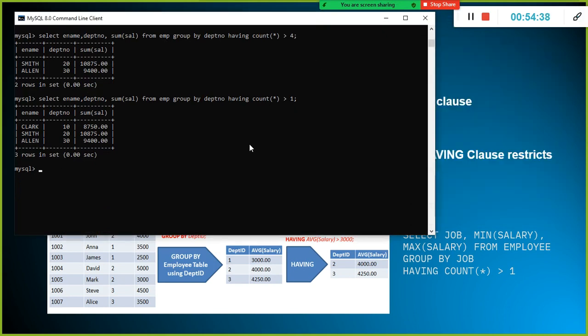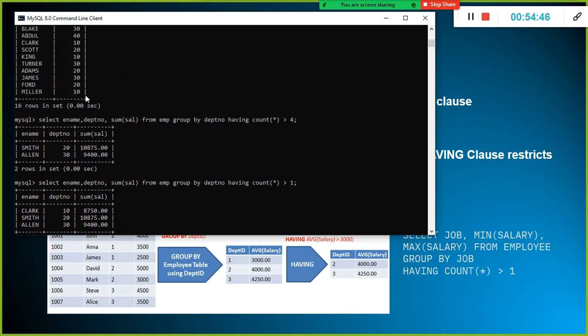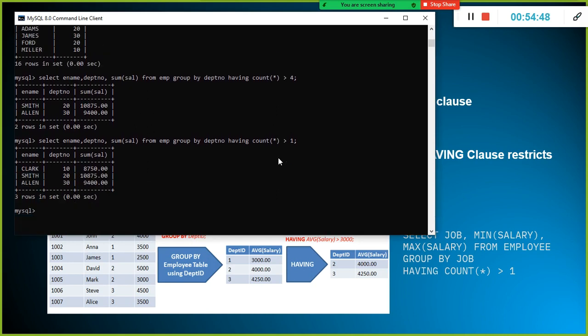So that is what I said. So now it is working fine, right? So now you understood count of star also. I don't want to blindly take the entire group. Within that group, I want to filter based on the number of occurrences of the department number. This is one way of doing it. Or else you can write a condition, something like average salary is greater than 3,000.